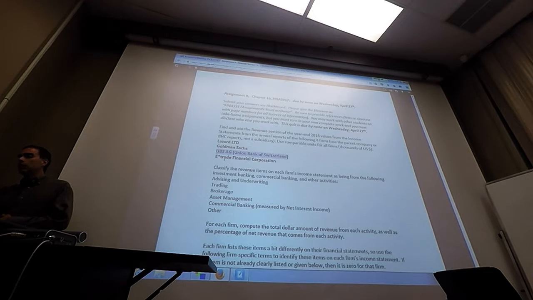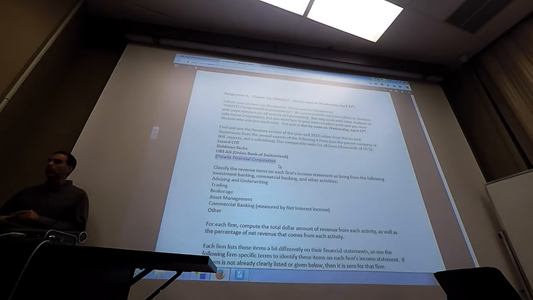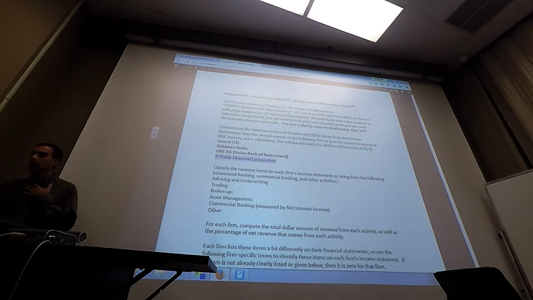And then we have two smaller specialized firms. E-Trade is a much smaller firm from the U.S. It markets itself as kind of a new modern internet brokerage firm. And when you look at the assignment, we'll see how true that actually is by looking at their numbers. And then Lazard is a smaller investment bank. So in the investment banking industry, you've got big firms and small specialized firms. We'll look at their statements to see what they actually do and how true their image is to what they actually do.